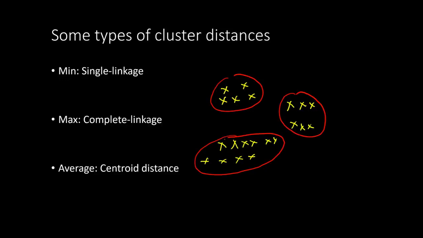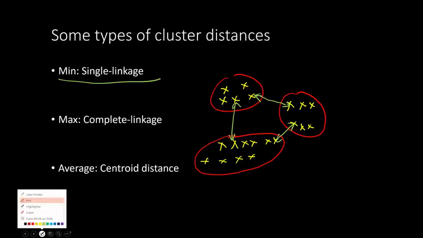The minimum linkage will look at the minimum distance between clusters, so the closest points between any two clusters. Here it is going to be between this point and this point, this point and this point, and let's say between this point and this point. Between the three green arrows, whichever is the minimum will represent the merging. So that is minimum.